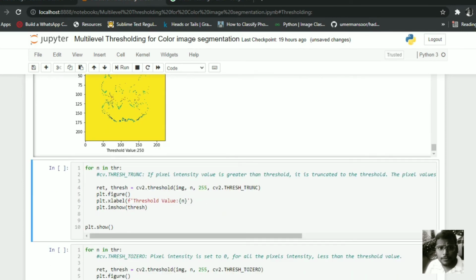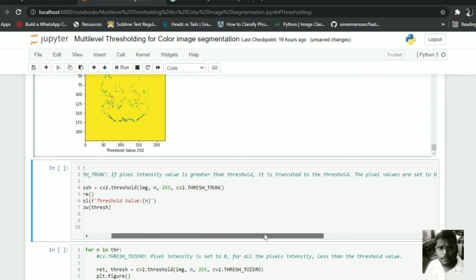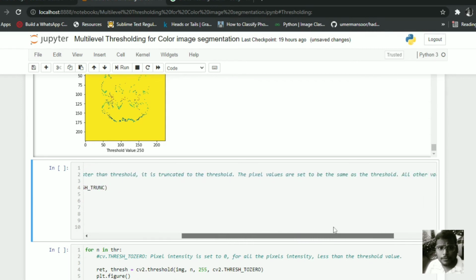And this is threshold truncate. If the pixel intensity value is greater than the threshold, it is turned to the threshold. The pixel values are set to be the same as the threshold. All other values remain the same.